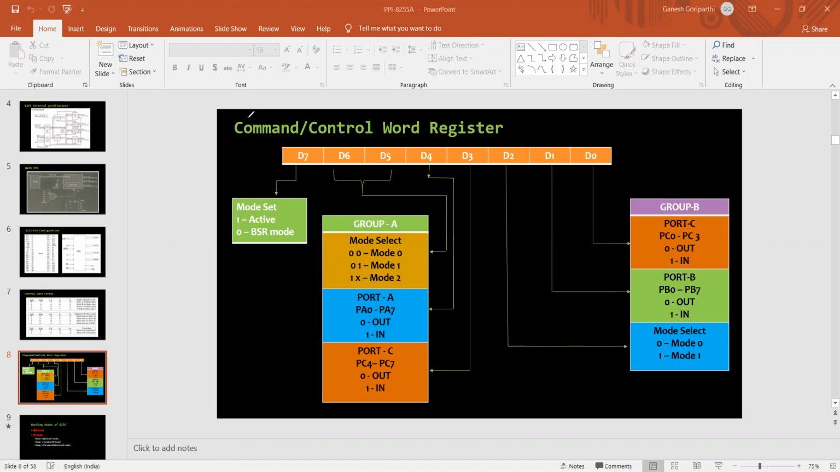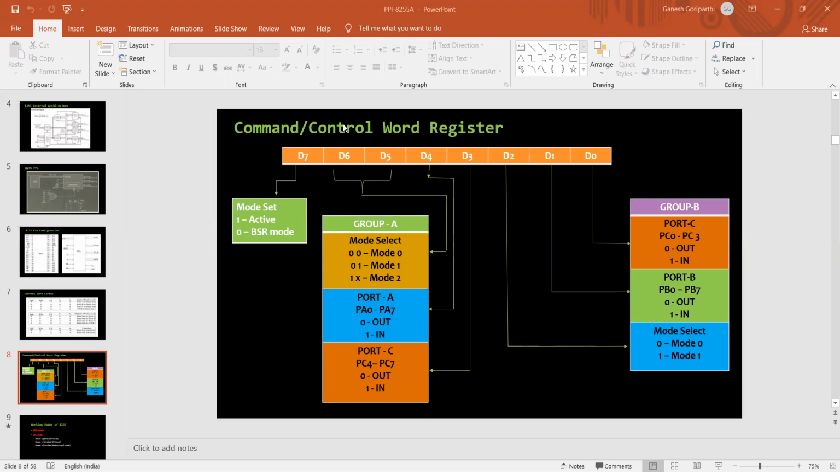In the exam also, you will not be asked to write or explain the entire 8255. They will be asking either architecture, they will ask you in part. Explain the architecture of 8255, or explain the pin configuration of 8255, or explain the